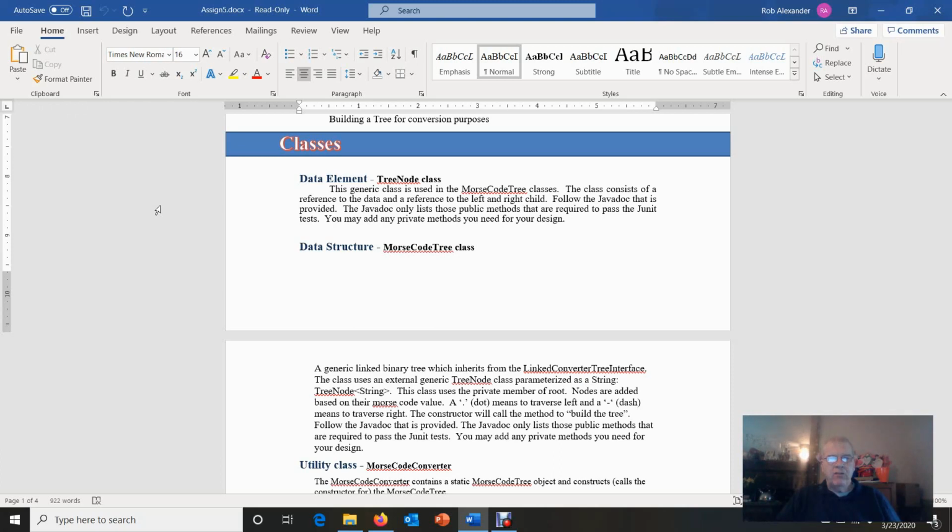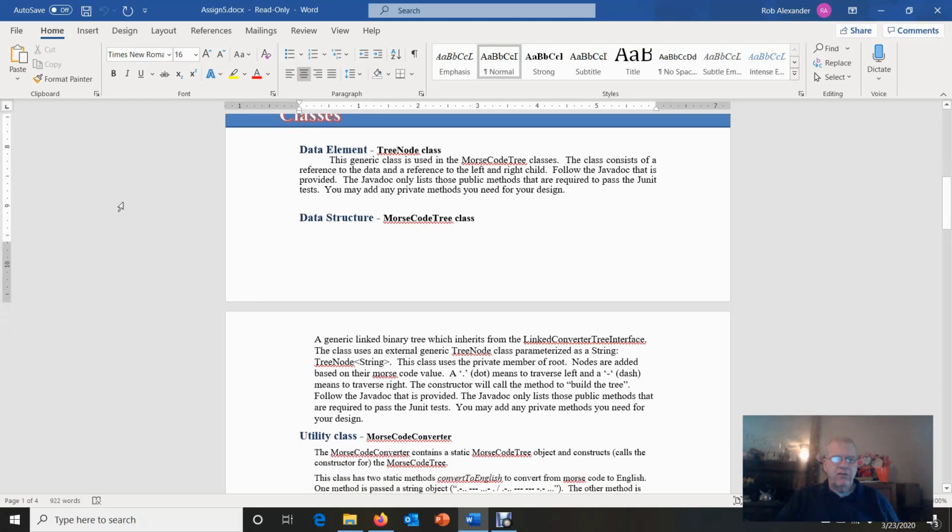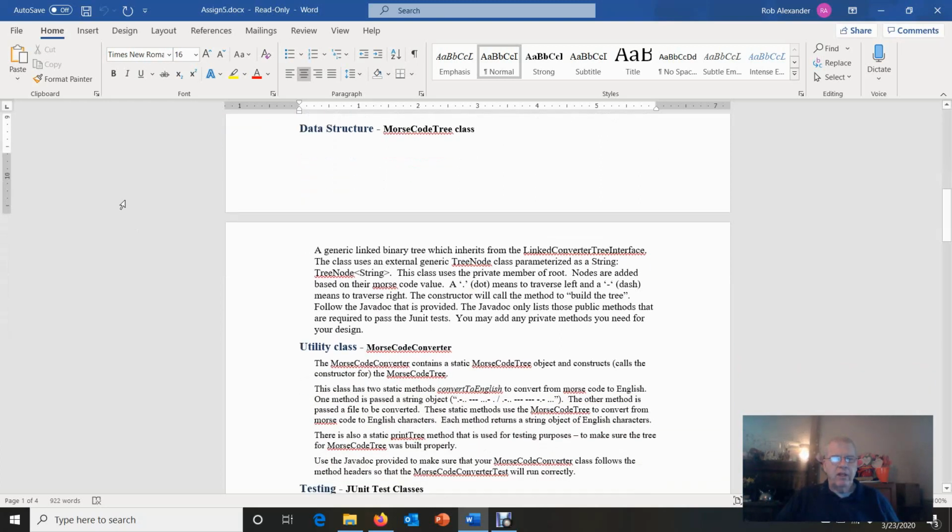It's used by the data structure, which is the Morse code tree class. Then the third class is the utility, the Morse code converter. It creates and instantiates the Morse code tree, and then